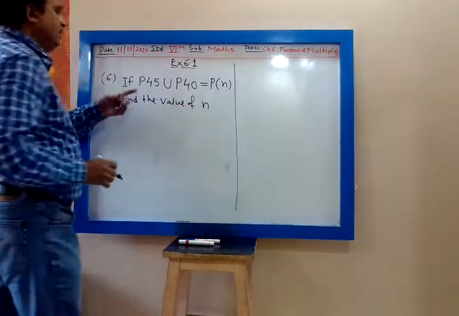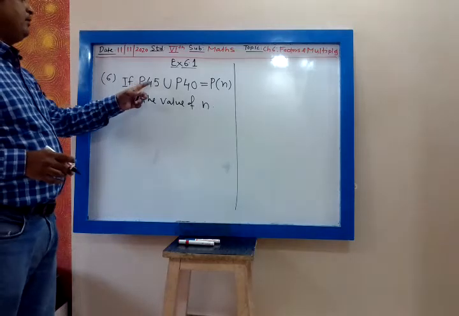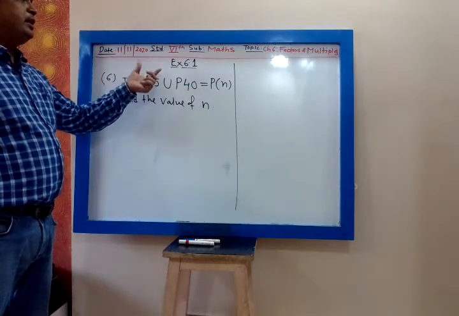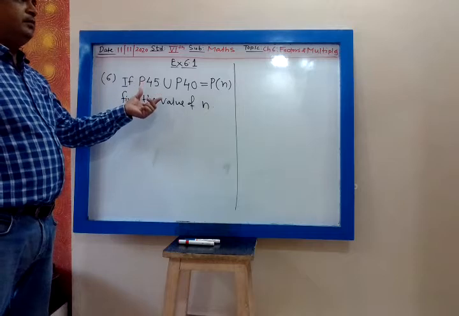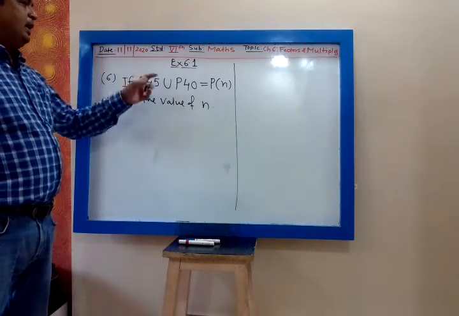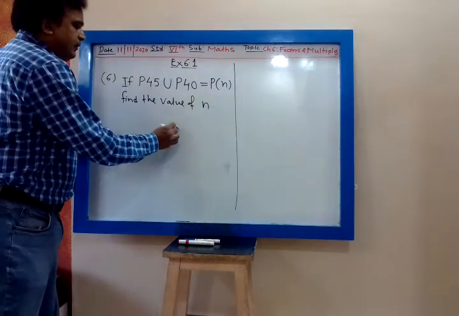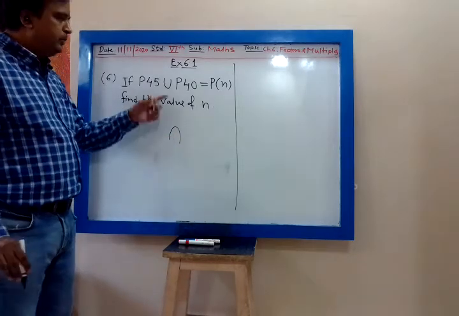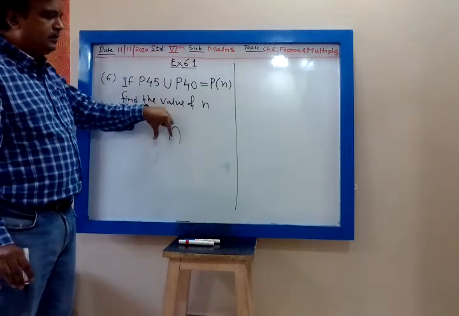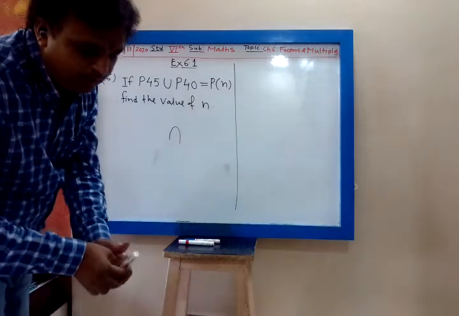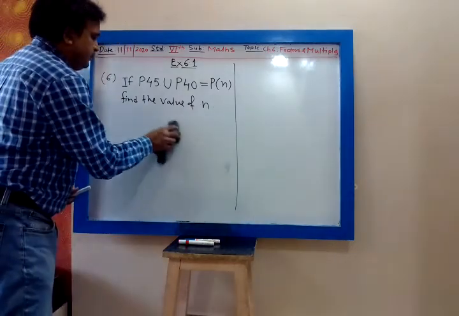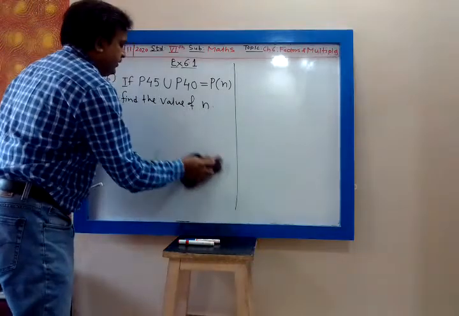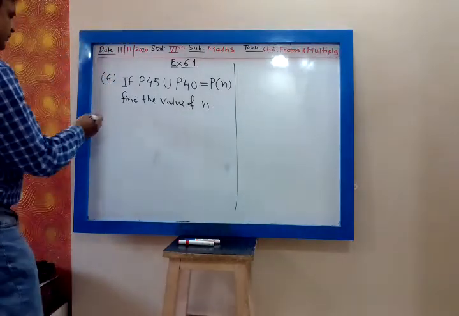So you have to first find the prime factor of 45, the prime factor of 40, and then take the union. Union means you have to take all the factors. Intersection, the inverted cup, means common factors. Union means all the factors, intersection means common factors. In this case we are given union, so we have to find all the prime factors of 45 and 40. Very quickly, we find